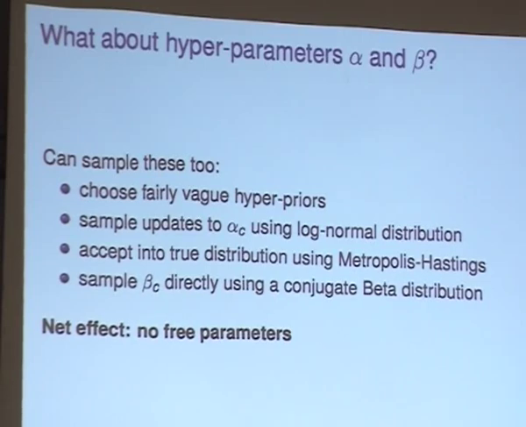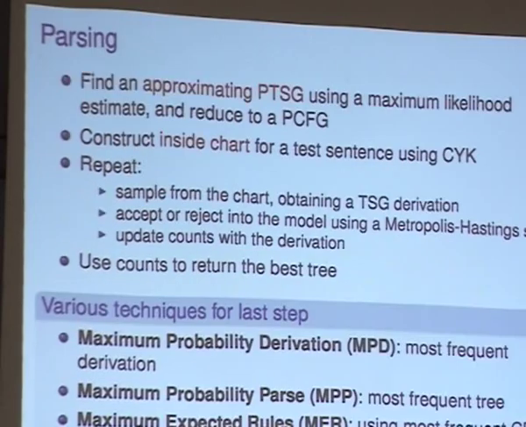And as we do this over and over again, these just become other parameters in our model that get integrated out. And at the end, in fact, we have no free parameters left. We've managed to get rid of all of them, which is nice. You could argue that the hyperpriors are kind of parameters, but we set them to be fairly vague, so we've kind of got rid of them also. Which is very good. It's very rare to see an NLP model that doesn't really have any free parameters left.